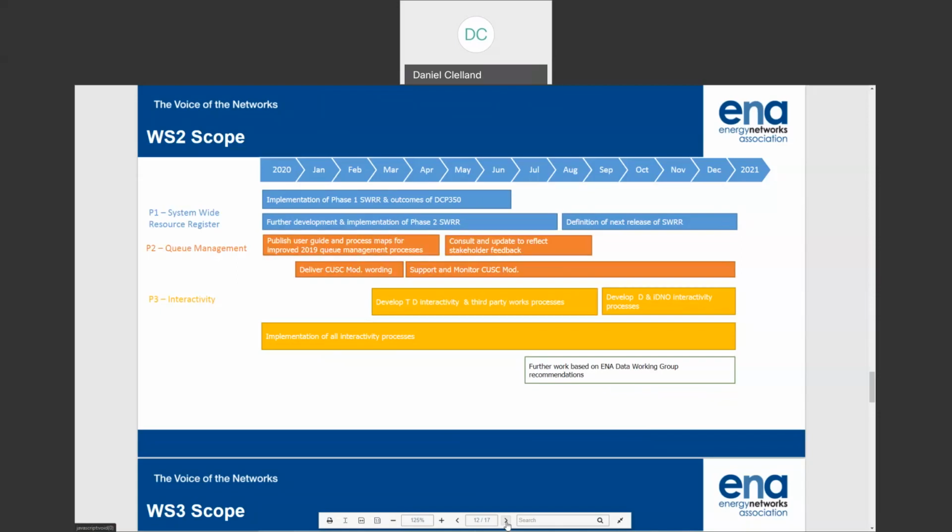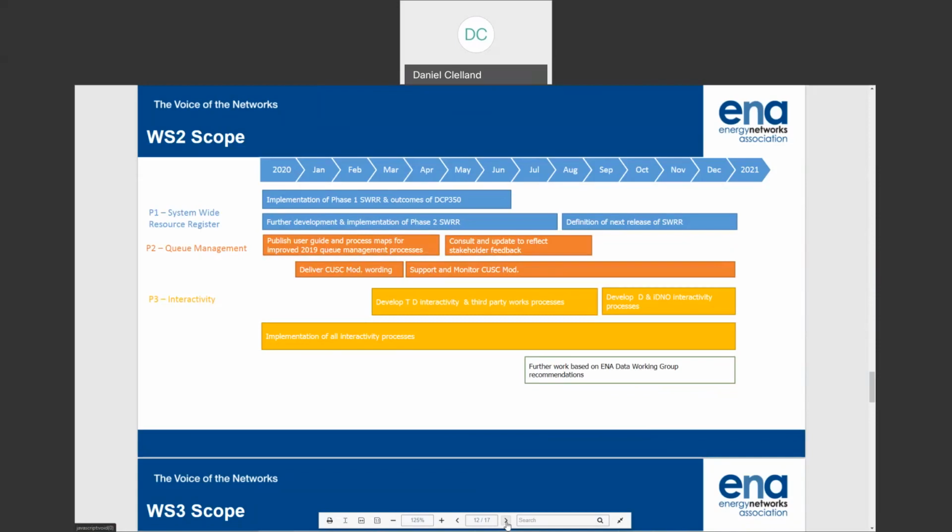The next product is interactivity. That, again, is a build on last year. We have a high-level process defined for interactivity, and we're continuing to develop that into a more detailed user guide and process map.